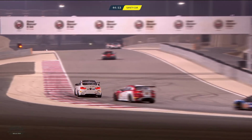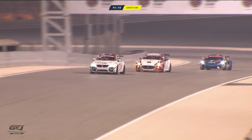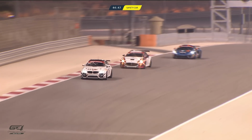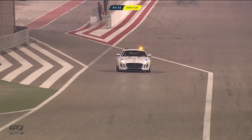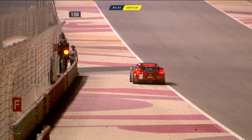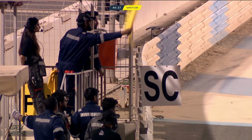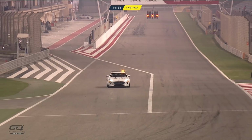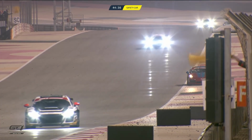And now Andrew Daniels' Porsche stranded to bring out the safety car. The safety car is deployed. They need to get the car out of the way. And the problem is, when the cars are all strung out, it's never really safe for the marshals to go near it. You need them in one long line to give them clear track space. Yes, I don't know if there's an access opening on this back straight or the straight that leads down into turn 14, but the safety car is now on track and it will pick up the race leader,